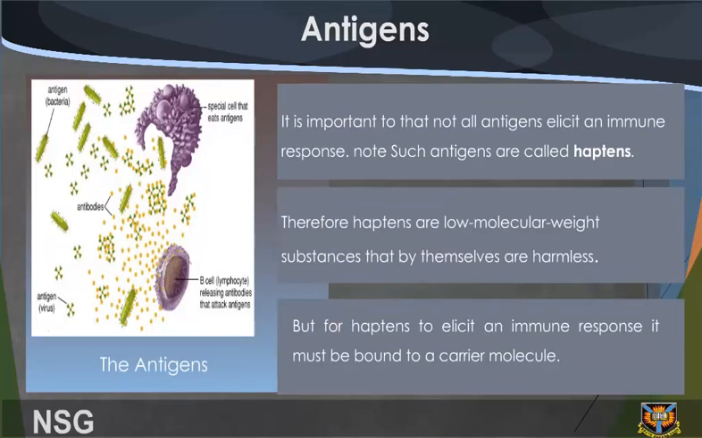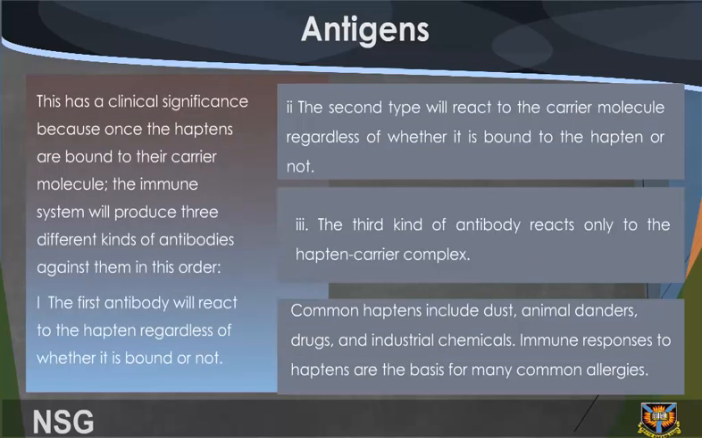It is important to note that not all antigens elicit an immune response. Such antigens are called haptens. Therefore, haptens are low molecular weight substances that by themselves are harmless. But for a hapten to elicit an immune response, it must be bound to a carrier molecule. This has a clinical significance because once the haptens are bound to their carrier molecule, the immune system will produce